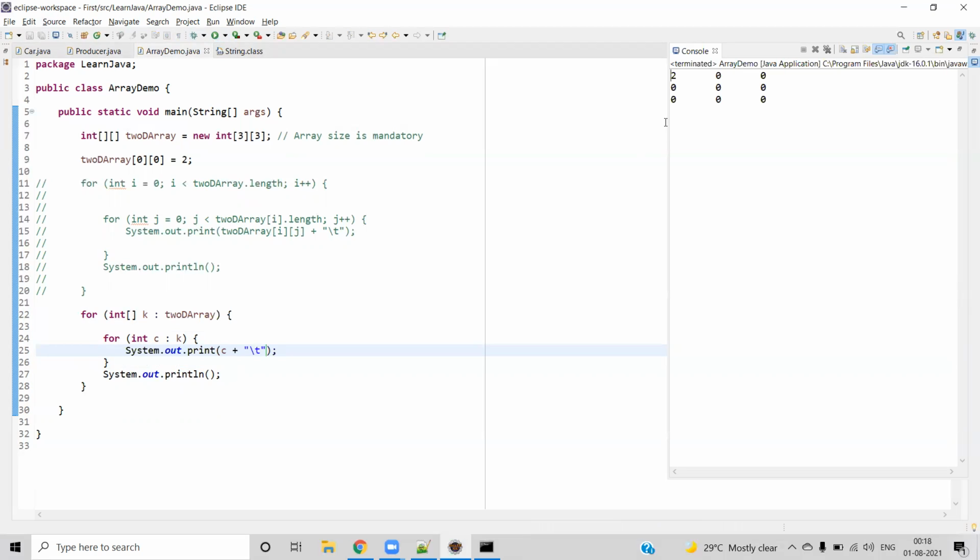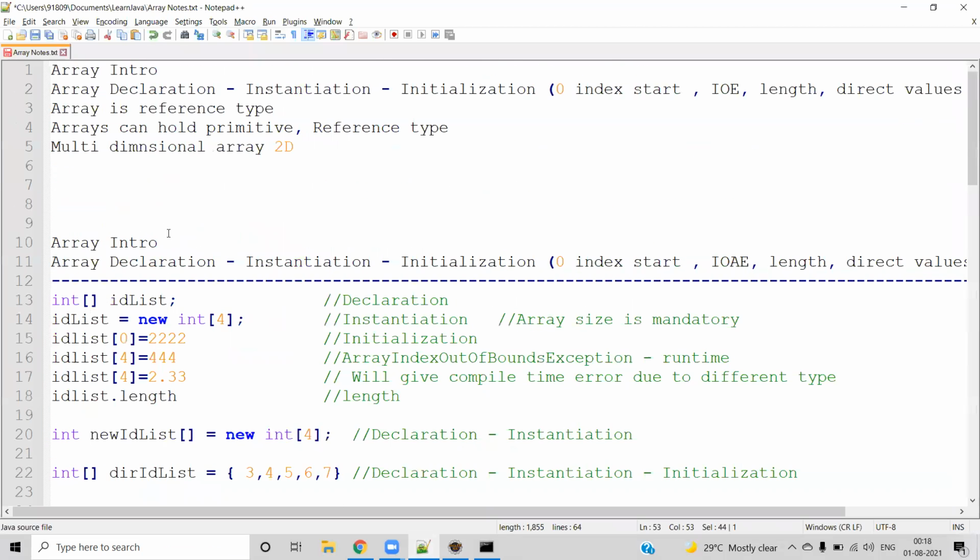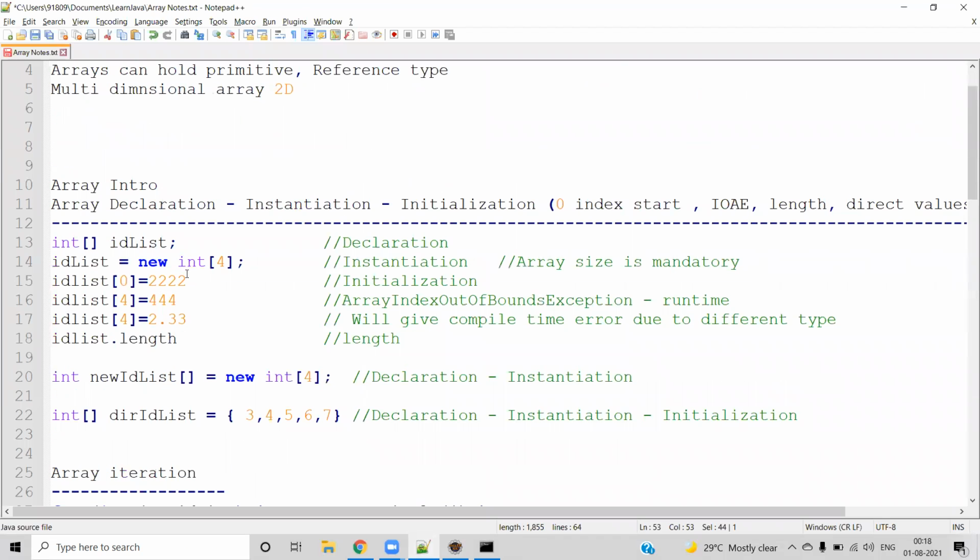So this way we have seen what an array is and what the different 3 steps are that we can use when you create the array. And we have seen how to give the length of the array when you instantiate. And we have seen that if you give an index value beyond the range, the error would be ArrayIndexOutOfBoundsException. And we have seen if you try to assign a value other than the type of the array, for example, you created an integer array and you are trying to assign some other value.